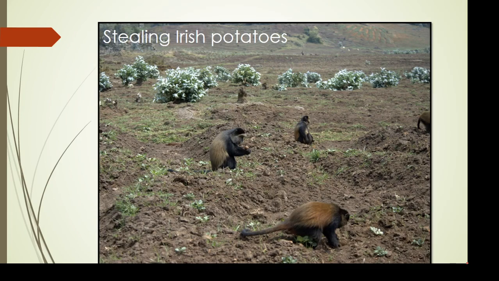So while we were following these guys, they conduct a raid. They climb over this big rock wall that separates the jungle from the potato fields, and we climb the rock wall after them. And here's this troop of monkeys stealing potatoes. Now, in this part of Africa, they call what we call potatoes Irish potatoes to differentiate them from sweet potatoes. And the potato fields are owned by the village, not by any one individual. And everybody has to take turns patrolling and trying to keep these animals out.